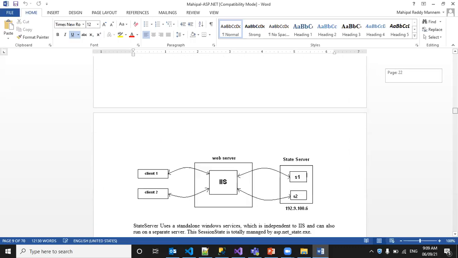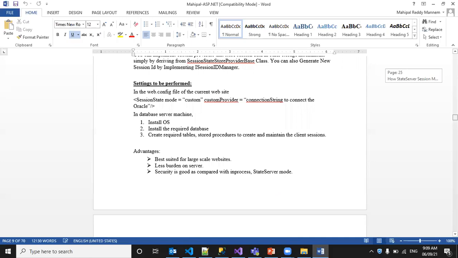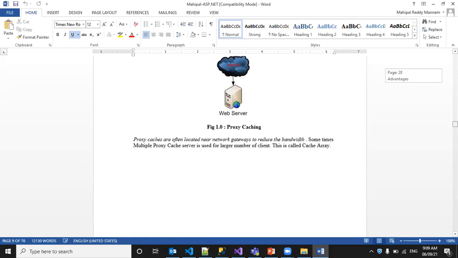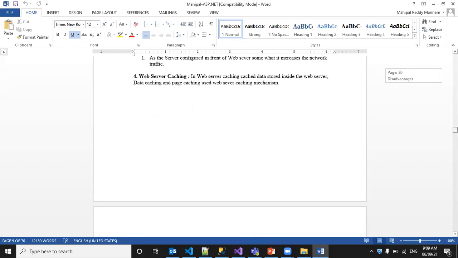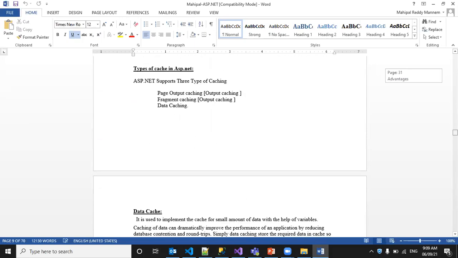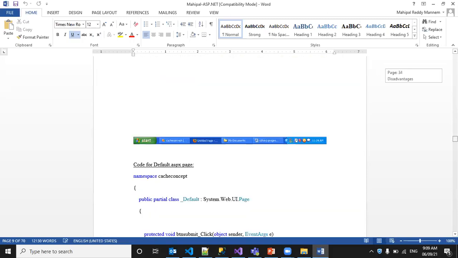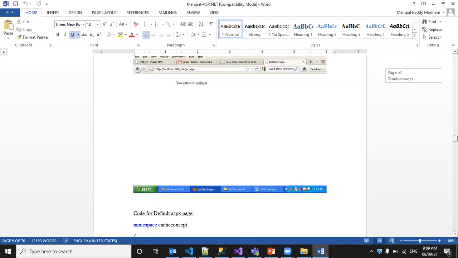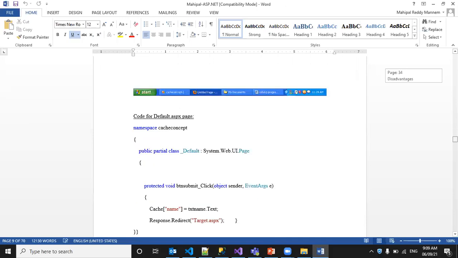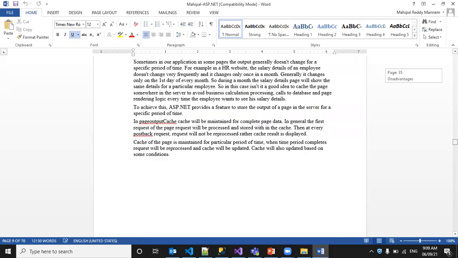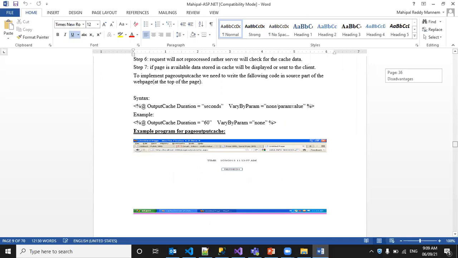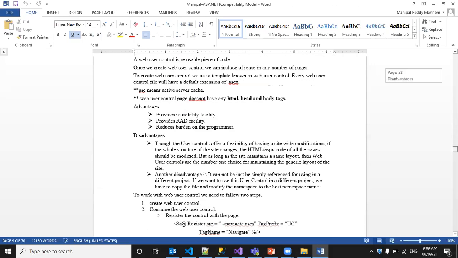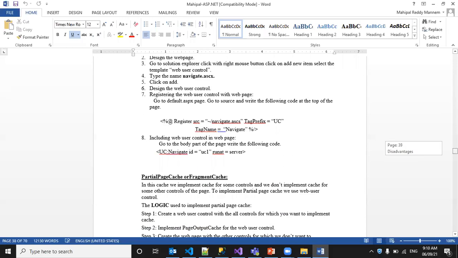We saw the difference. Authentication is a process of validating the user credentials, whether they are correct or not. Authorization is a process of checking whether the authenticated user is having access to a particular resource or not. And we saw examples related to authentication. Like there are different modes of authentication implementation.